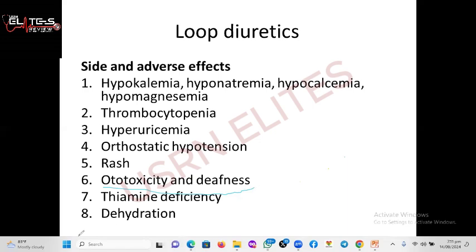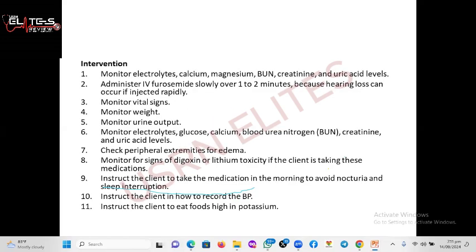But we need to understand that the loop diuretics could lead to ototoxicity, and then we have to be very careful on that. You monitor the kidney function,